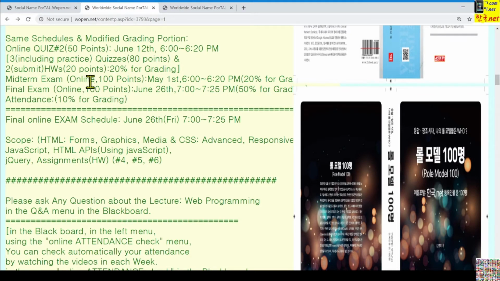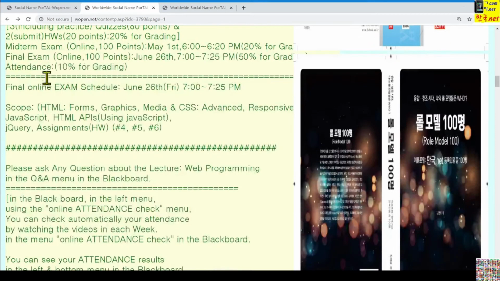The midterm exam you took already, last week, will be 100 points, and that will be 20% for final grading. And finally, the final exam will be 100 points, and there will be 50% for final grading. Attendance, as I mentioned already, 10% will be applied for the final grading.